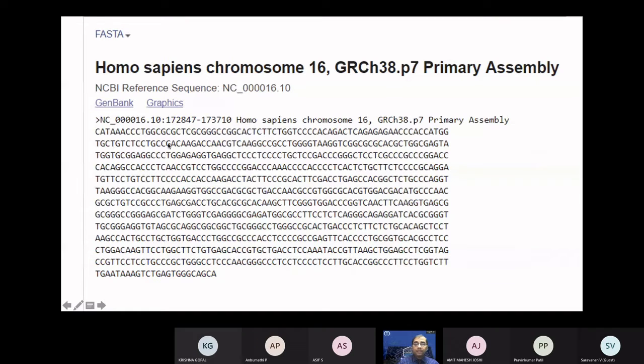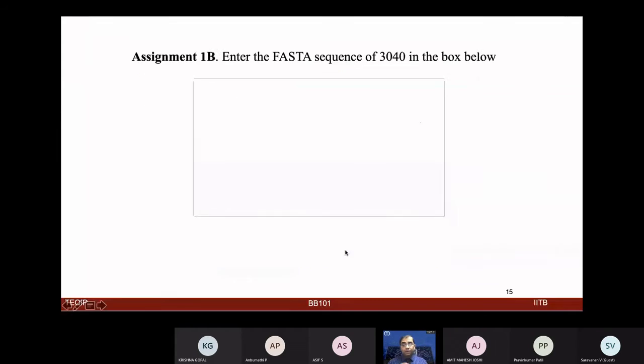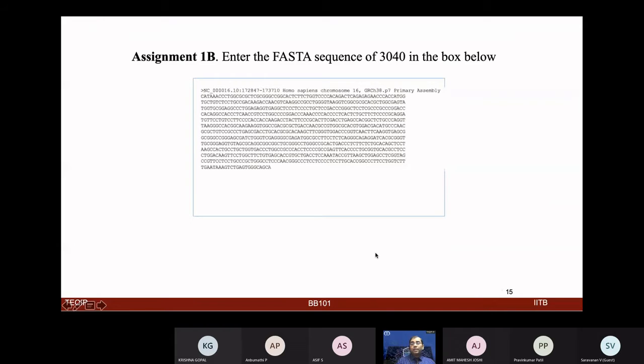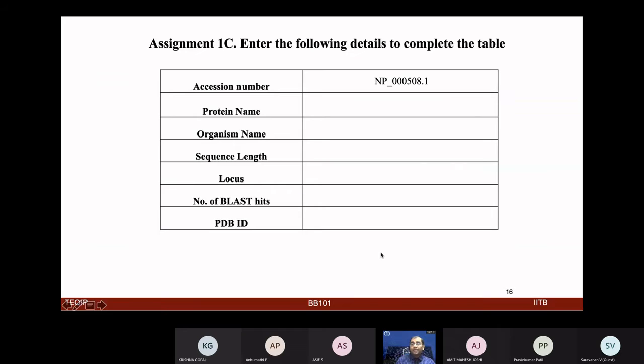We have been talking about sequencing a gene, the ATGC content of that. It shows that this gene is located on Homo sapiens chromosome 16, and this is the entire stretch of ATGC which makes it a unique gene of that particular organism. Now you can enter that sequence in, and this is how you can proceed to the next steps.